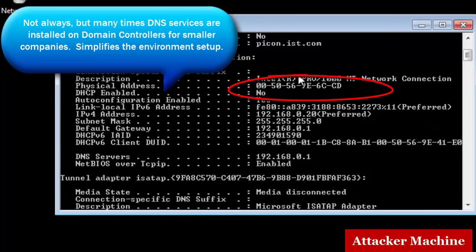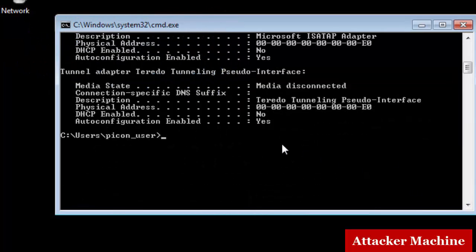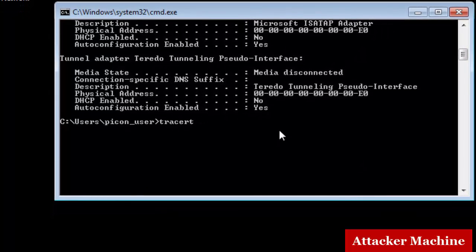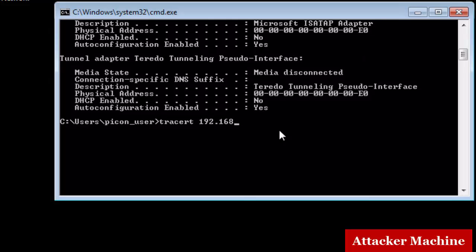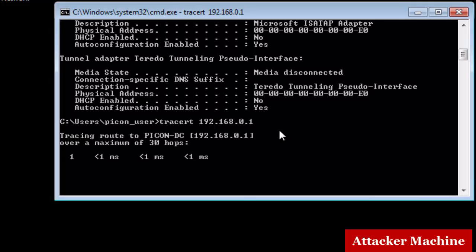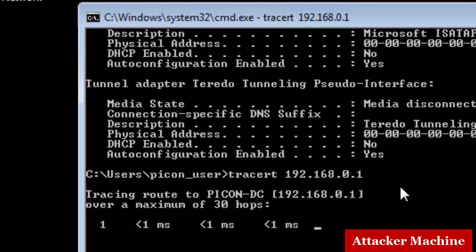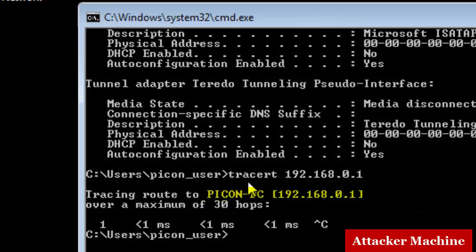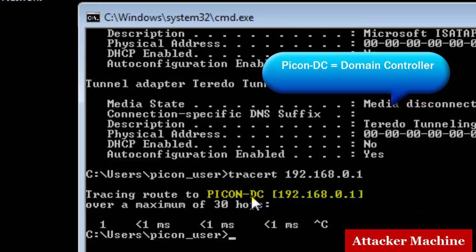So now he'd like to know what the server possibly is, the name of the server for 192.168.0.1. In order to do that, he can trace route, which forces the DNS to resolve the IP to computer name. Whether or not it allows for the trace route to complete, what's still going to happen is the DNS server is going to go ahead and resolve the IP address to the computer name. And at this point, he has what he needs. He can click Control-C. And here you can see we have PyCon-DC with an IP address of